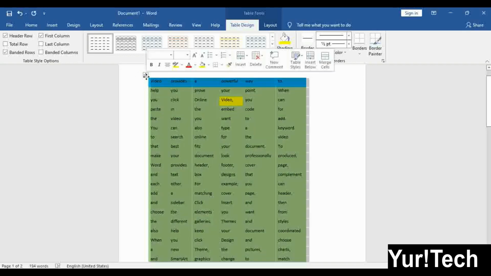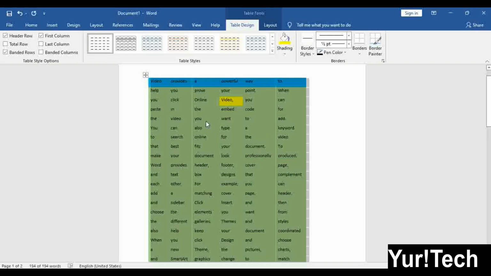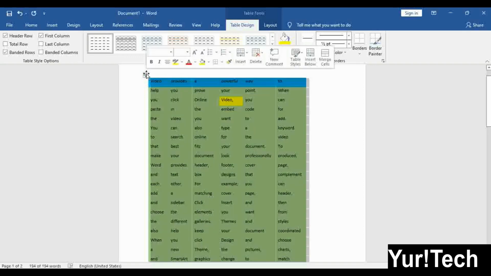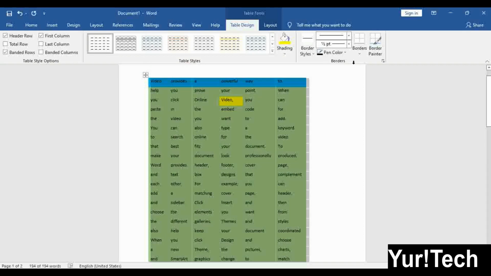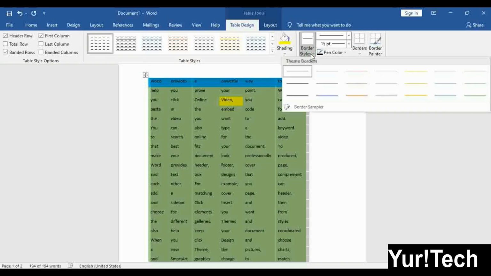So first select this entire table, because if you want a border on the entire table, select the whole table; if you want any specific border, then select that. Now, in basic, first understand how to apply a border to the entire table. Select the whole table, then here is border style. From here you can choose any border style.